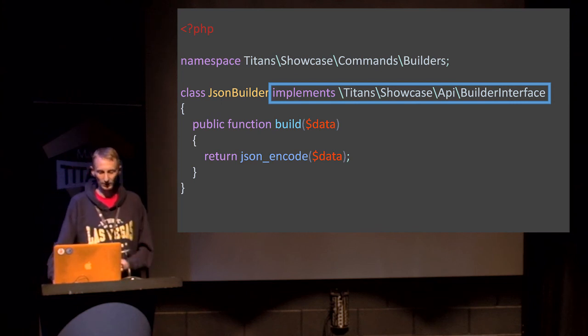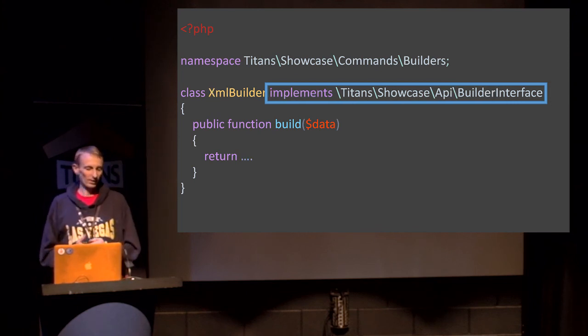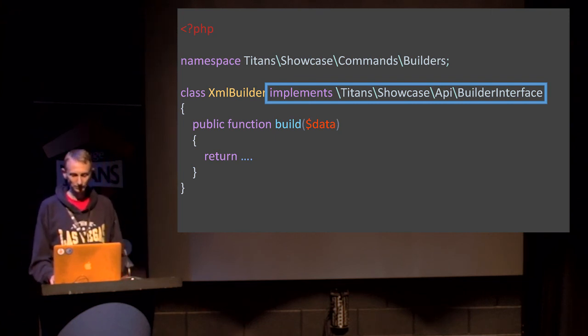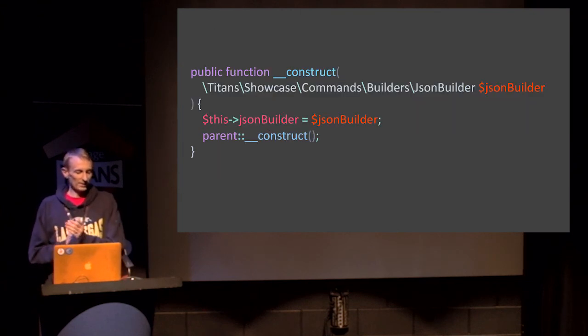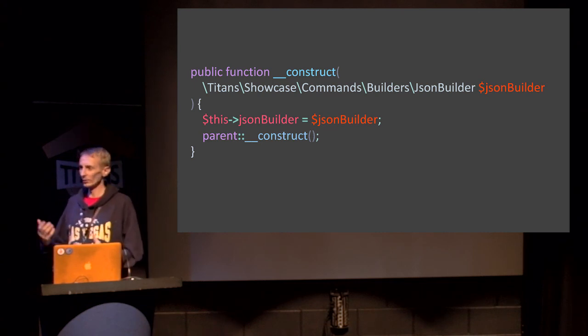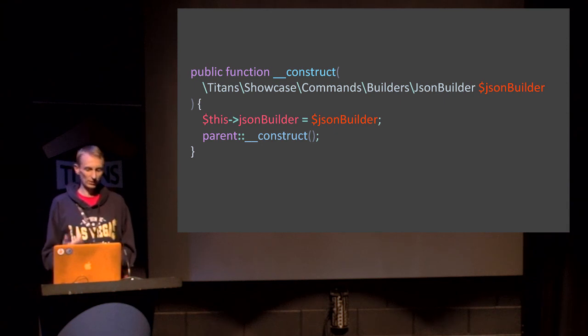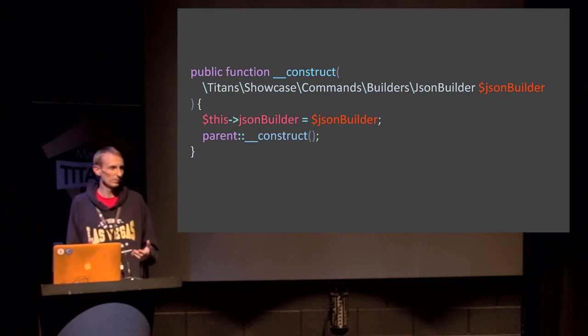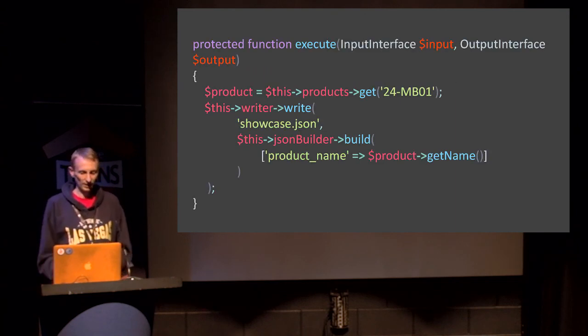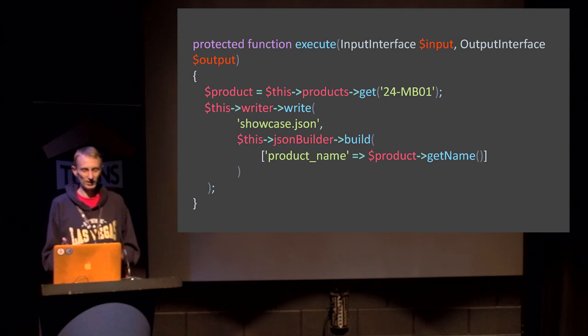So there we've got our JSON builder implementation. And we've also got our XML builder implementation. Both implement the interface and both implement a build method. If we go inside of our command class itself again, instead of having to deal with how the actual node or data structures got built, we can pass into the constructor the JSON builder. We could even, if we were going to use a factory method, pass in the factory and implement the generation that way. But because at the moment we're just interested in JSON, we'll pass in the object directly, assign it to our variable, and then inside of the writer class where we execute the command, we can just call our writer and it builds the JSON as we'd expect.